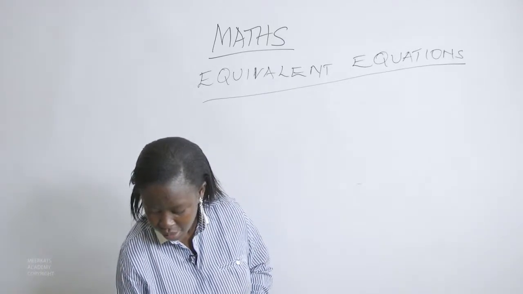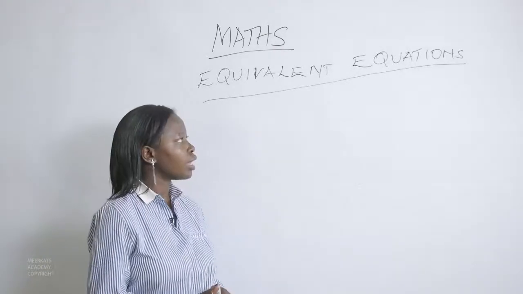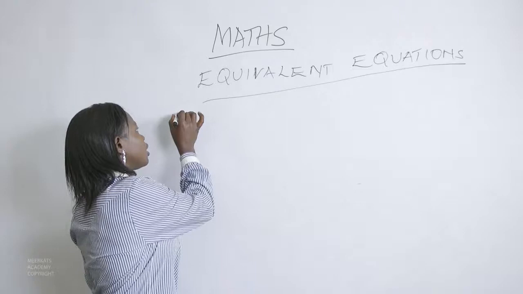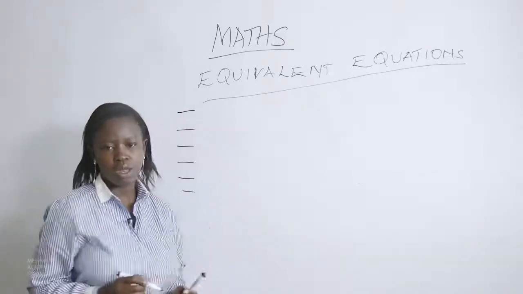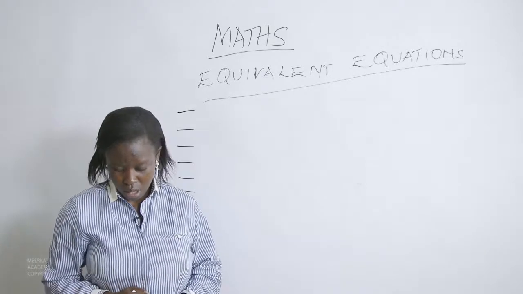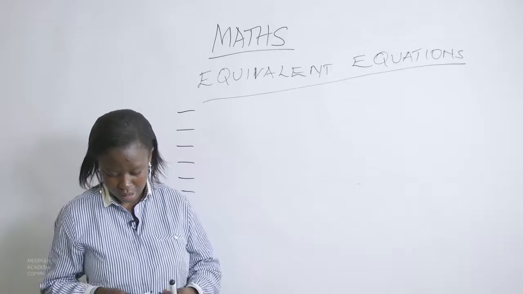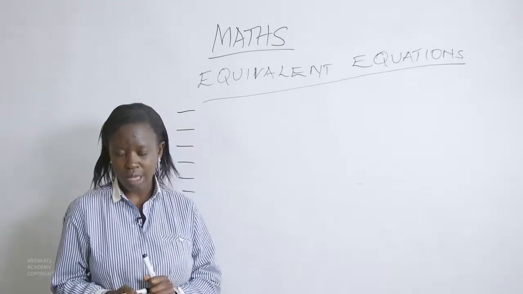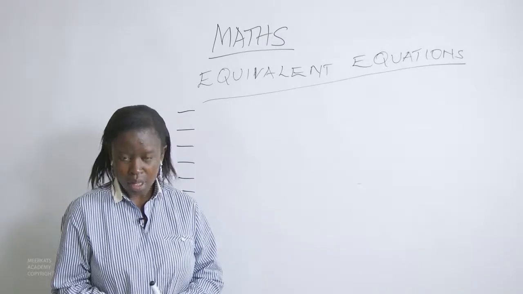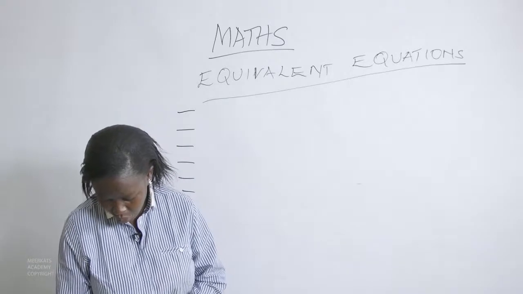When you're looking at an equivalent equation, this is what we mean. An equation is termed equivalent when it satisfies the following 5 conditions. This is what is happening so that the equation qualifies to be called an equivalent equation. An equivalent equation is obtained